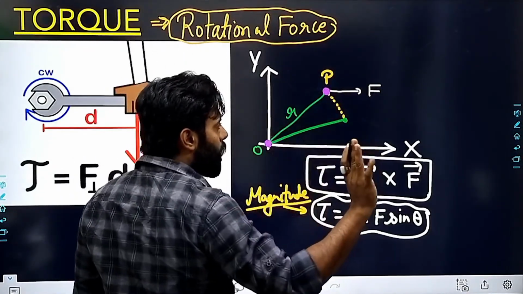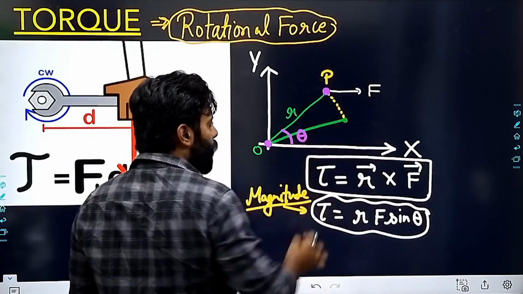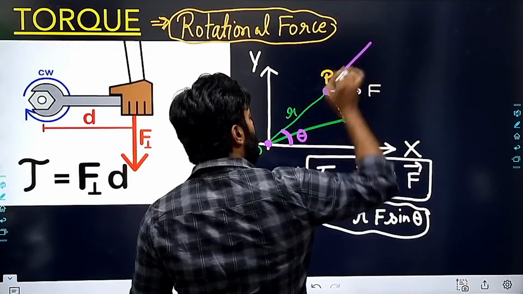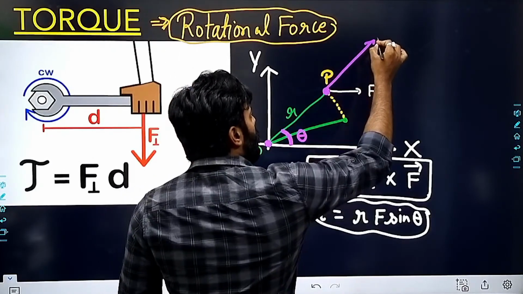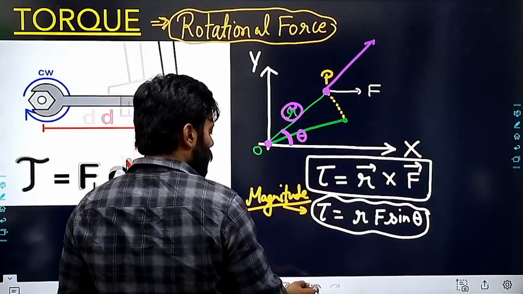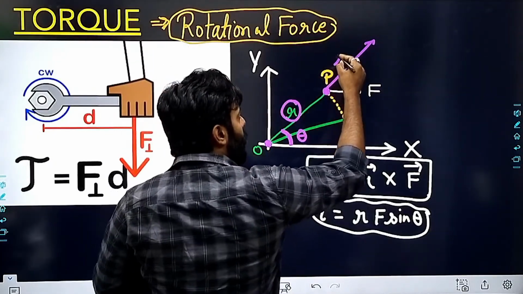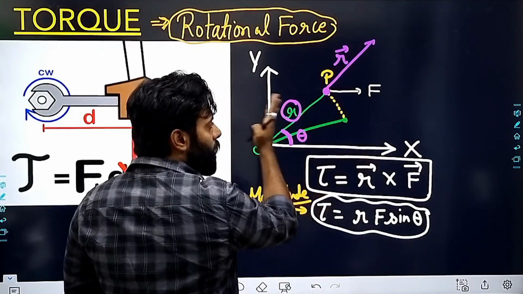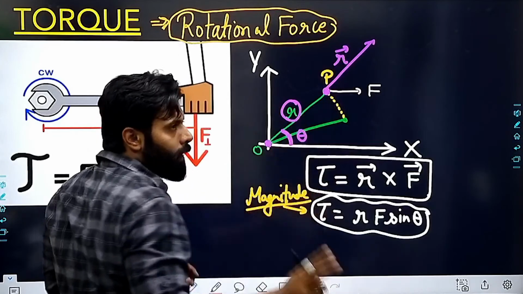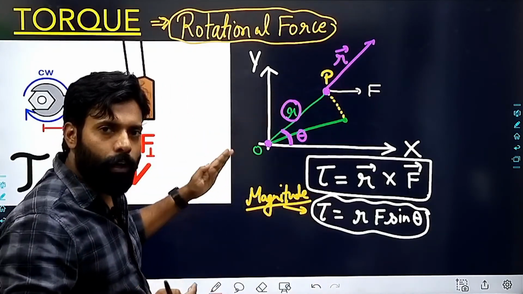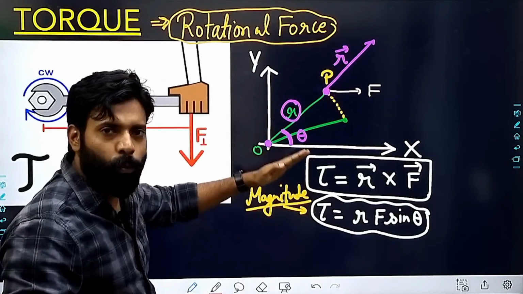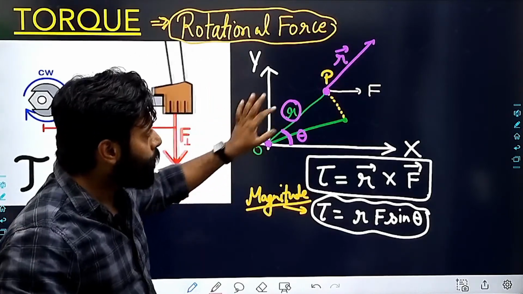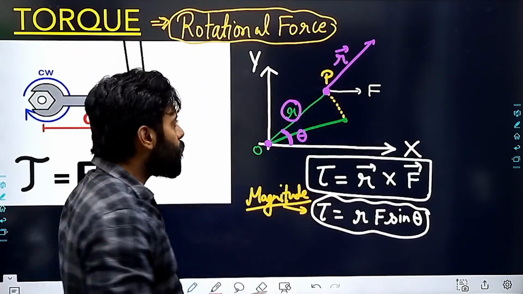in a line. Imagine that this angle is theta, and I am moving this radius R in the forward direction. I can move any vector forward, backward, or parallel. These types of movement will not change the direction or magnitude of a vector. I can do that freely. So if I keep this here,